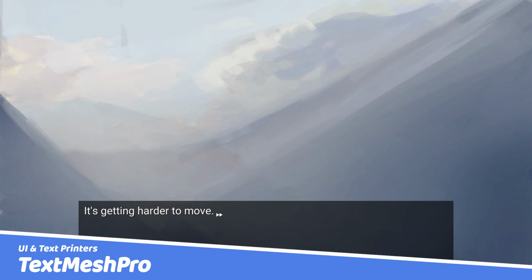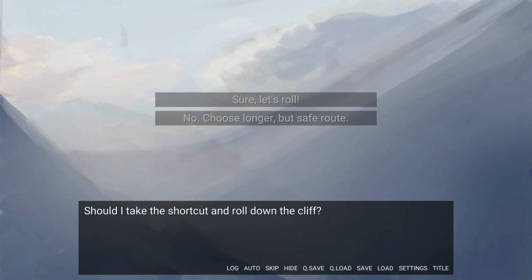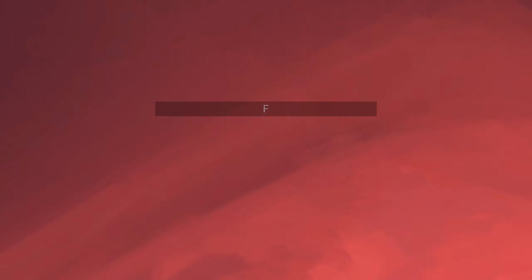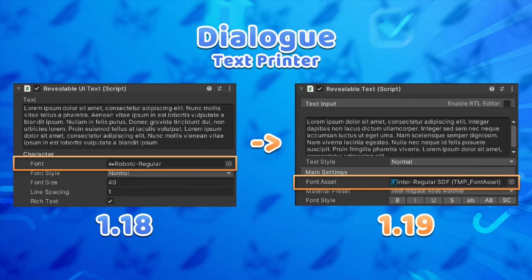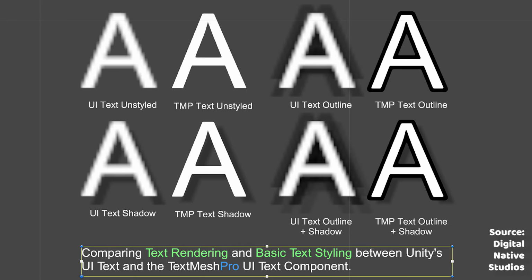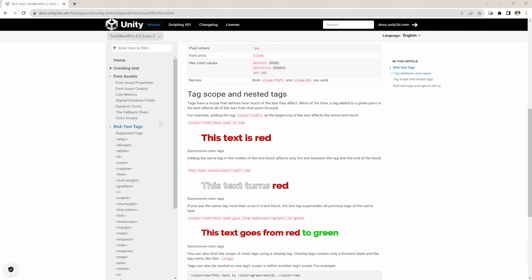In-game text has received one of the biggest updates in 1.19. In previous versions, Naninovel provided the option to work with either Unity Text or TextMeshPro. In 1.19, Naninovel will no longer use Unity Text, and all the text elements will be based on TextMeshPro. This results in fully scalable, more performant, and overall crisper text, and there is full support for TextMeshPro features including